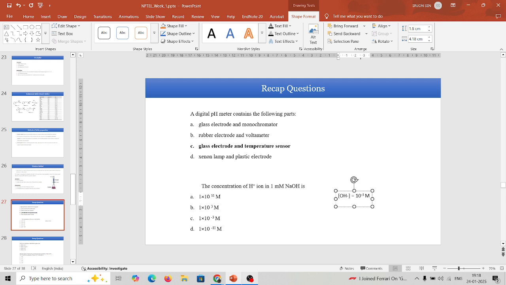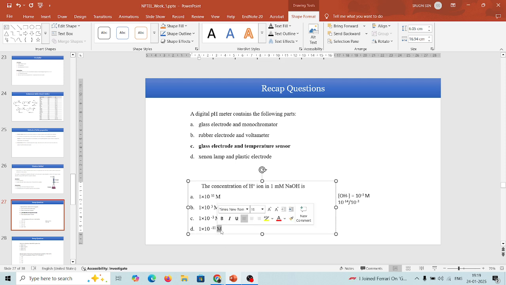Now I have been asked the concentration of the H plus ion. If it is an H plus ion, the simple equation is 10 to the power minus 14 divided by 10 to the power minus 3. Fine, because I have to calculate the H plus ion concentration, and when you calculate this you get the value